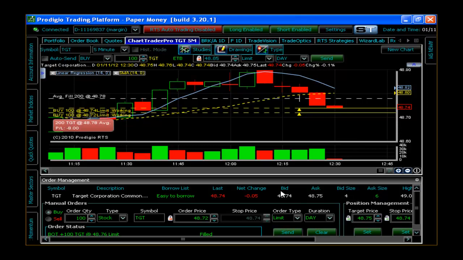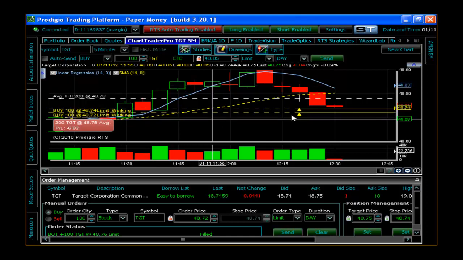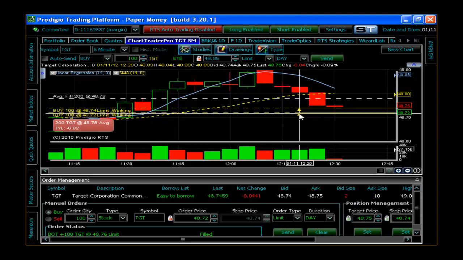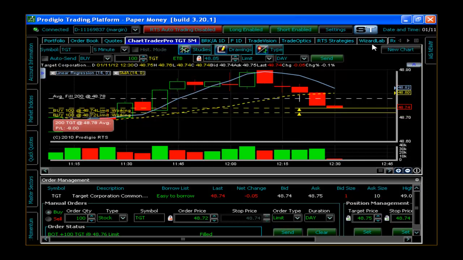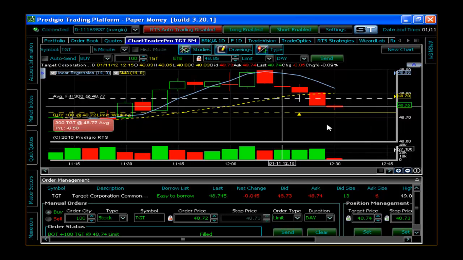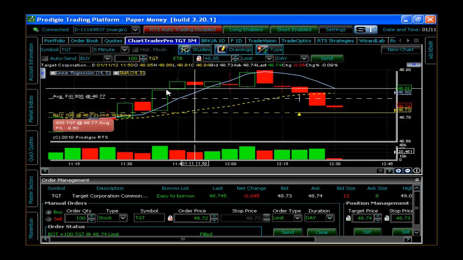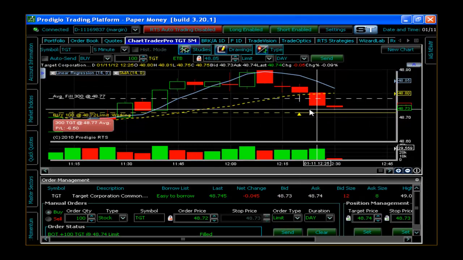And if my goal is to acquire, right? And of course, if I was going to liquidate or short, I could take the opposite side of this. I could be working the other side of the book. I'm really working the bid side right now. If my goal is to acquire, I can place these orders either manually using ChartTrader Pro or algorithmically, it means robotically, using Wizard Lab and the Strategy Builder,